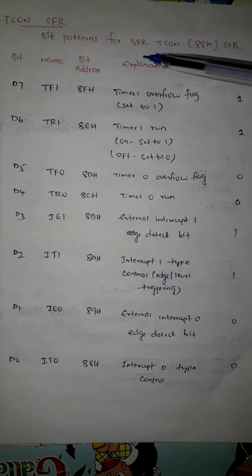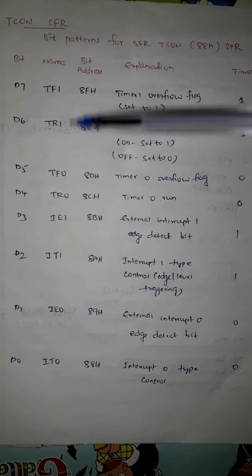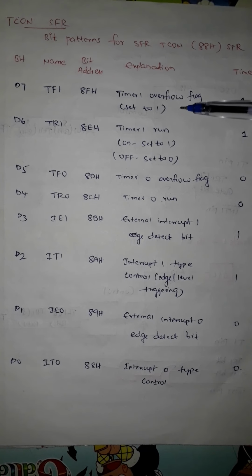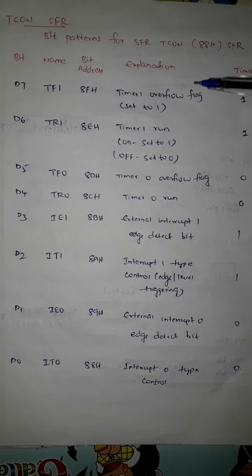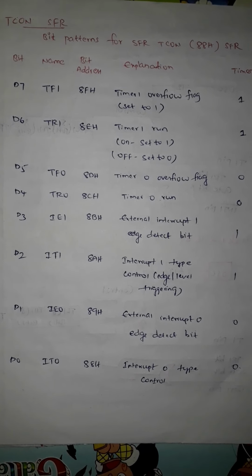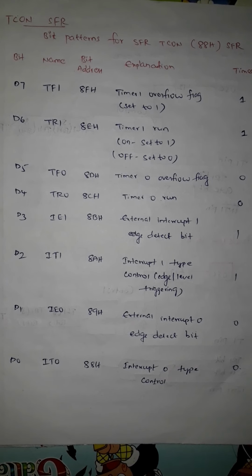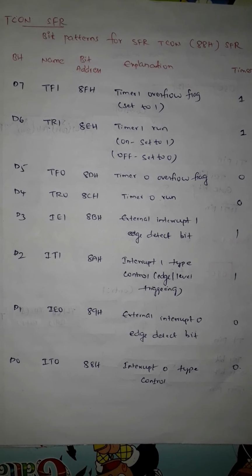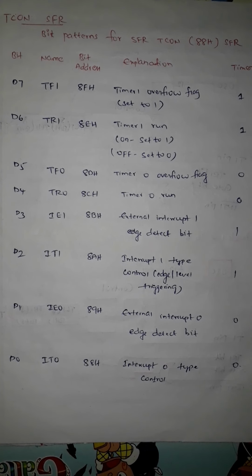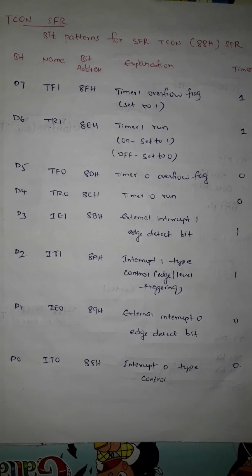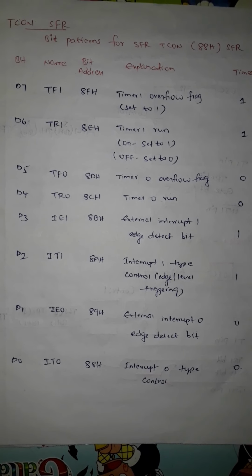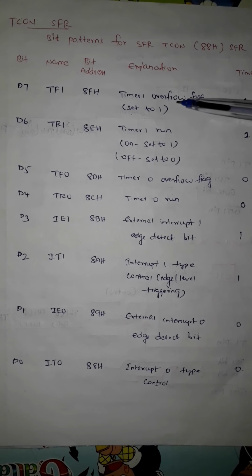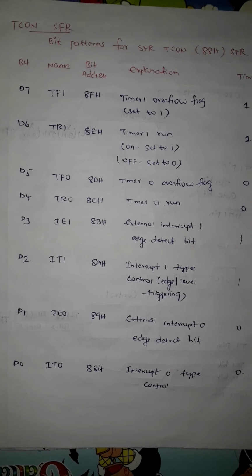And now let us look into the D7, D6, D5, D4 bits related to the timers. So D7 bit is used to set the overflow flag bit. Once the count has reached its maximum value, so we know that the timers are based on the register size, they have a maximum value. Once the maximum value has been reached, the timer overflows and generates an overflow flag. So the timer 1 overflow flag gets set to 1 if this